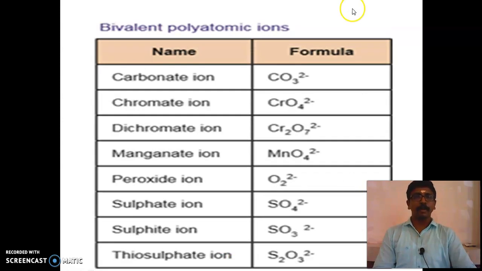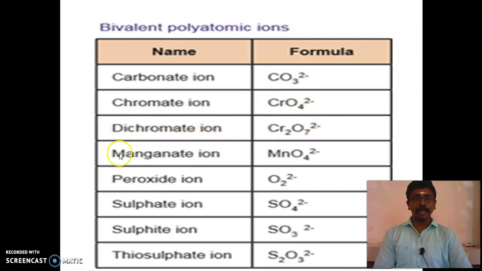And next are bivalent polyatomic ions. The term "bi" indicates the valency, it will be 2. So, bivalent polyatomic ions. The formulas are: carbonate ion is CO3 2 minus, chromate ion is CrO4 2 minus, and dichromate ion is Cr2O7 2 minus,